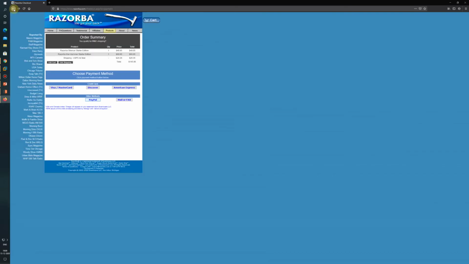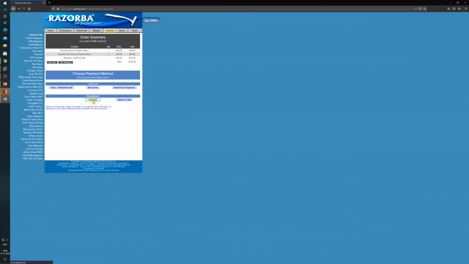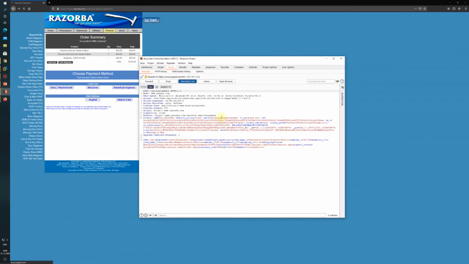I will go back again. I will turn on the Burp Suite, click on intercept on, and I will click on PayPal. As I have clicked on PayPal, the request got captured here and here you can see the amount values written. Let me change this value to 1. Never change this value to 0, because if someone enters 0 here, that will be treated as a null value. So a minimum of 1 is required.